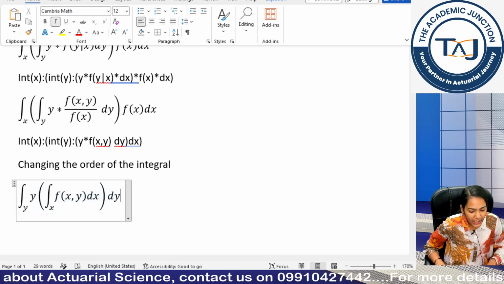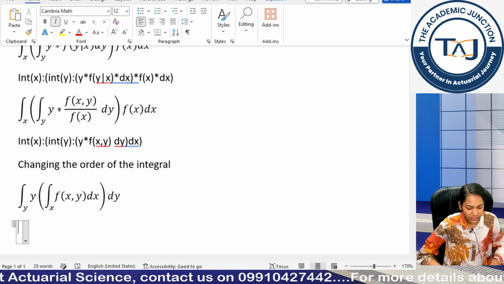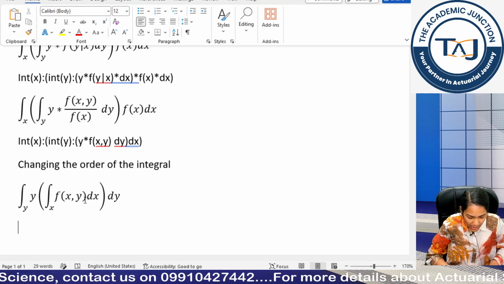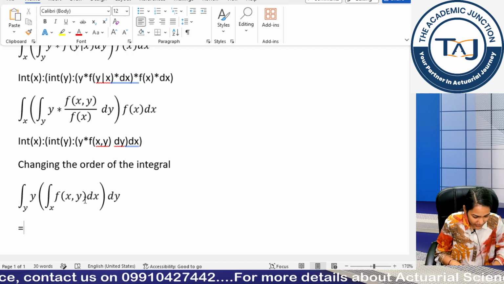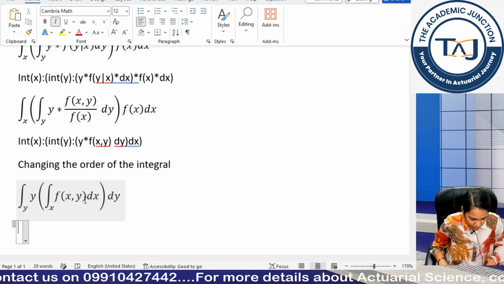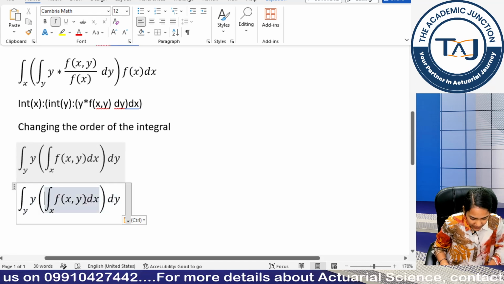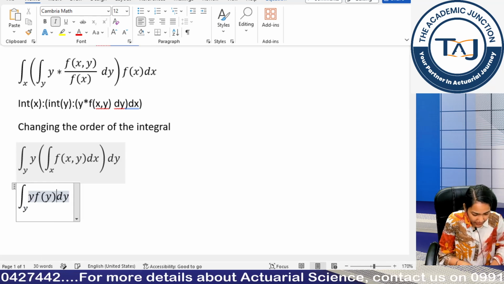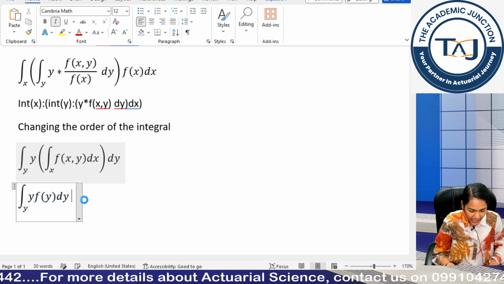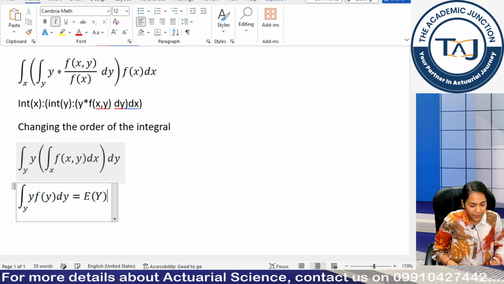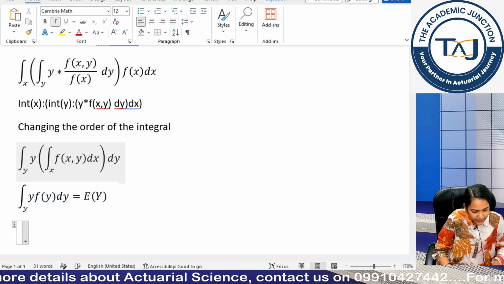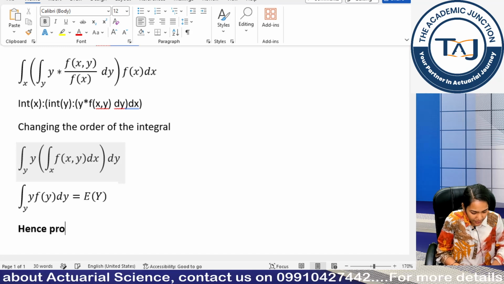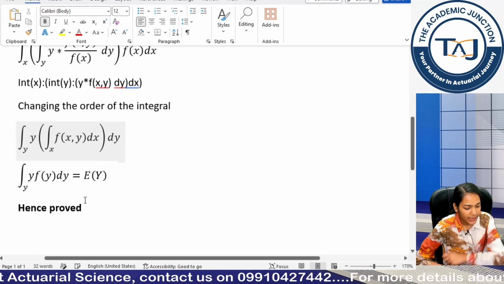Then I need to again come out of this bracket to simply do it. Clear? So now this is equal to my, again I just need to copy paste it, and this basically will become f_Y, and this is dy, and this is equal to expectation of Y, and I will write simply Control B, hence true. Clear, guys?